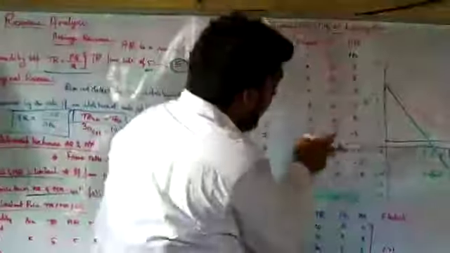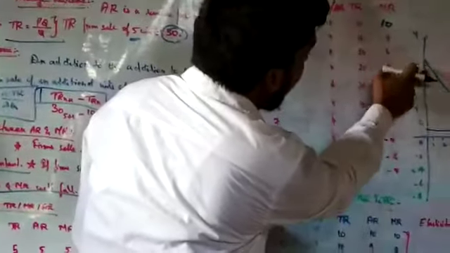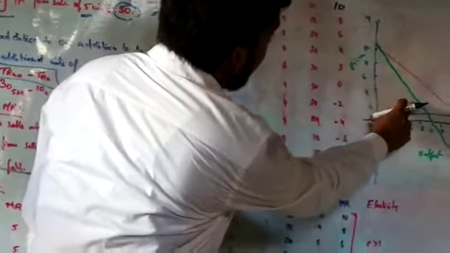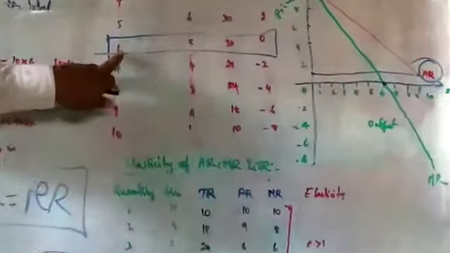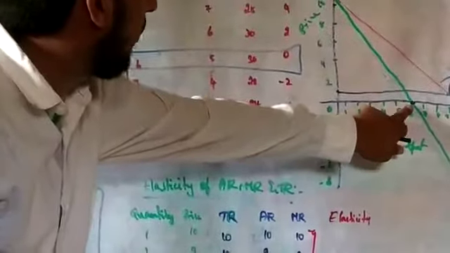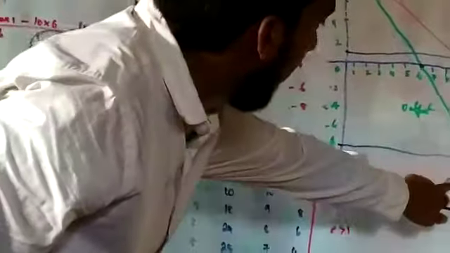minus. Now MR, see MR, first they had 10, then they had 8, then they had 6, they had 4, they had 2, and then it came to the 0, where? At the point of 6. See, at the point of 6, it becomes 0. And after that what happened? It gets to minus 2, minus 4, minus 6, and lastly minus 8. So at minus 8, MR becomes a very negative item. There is a negative value. It came down and MR becomes negative.